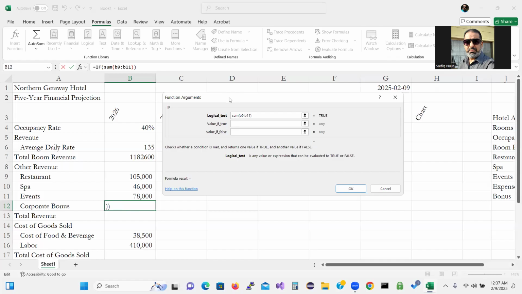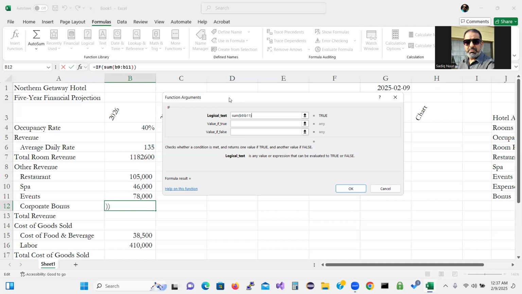After you sum B9 all the way to B11, which means you're gonna be adding the restaurant and the event, right? So sum B9 all the way to B11, and then